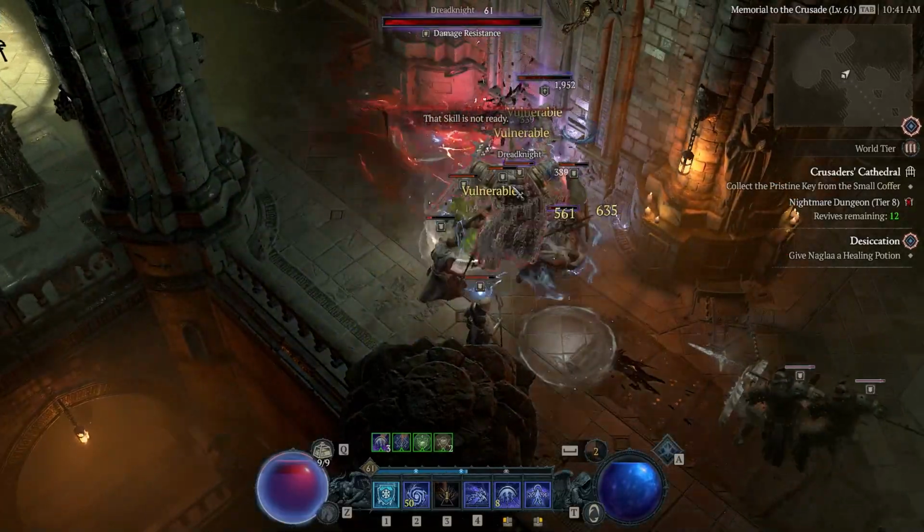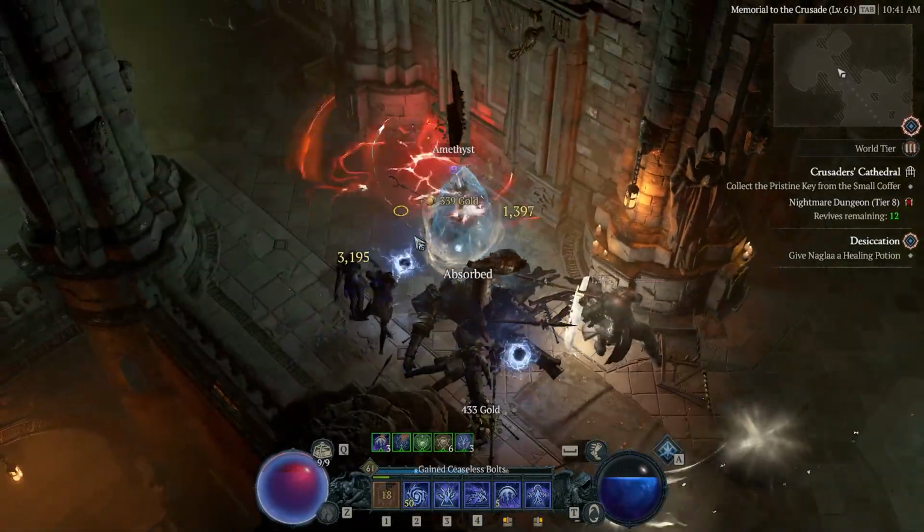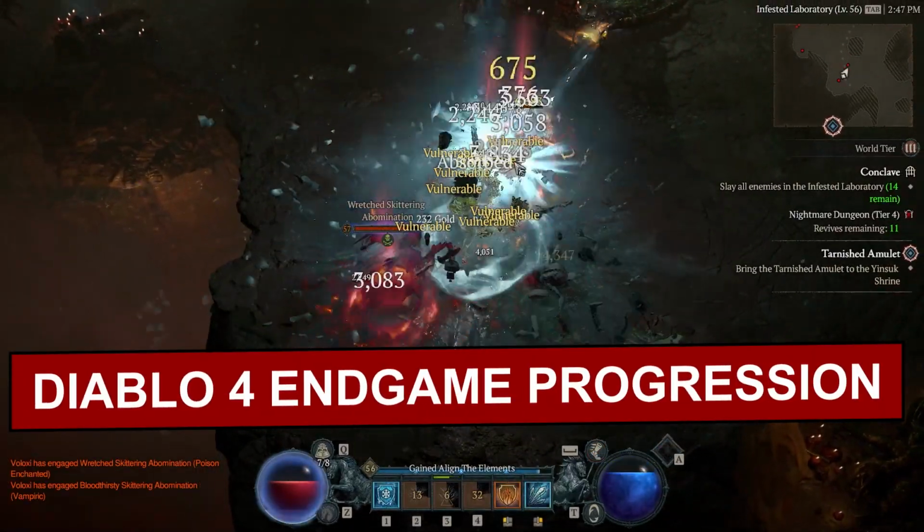So you just finished the Diablo 4 story, the main campaign. What do you do next? Where is the end game? What is the end game? What does progression look like and how do you progress? So we're going to be going over all that in this video, but first up, I will just say there